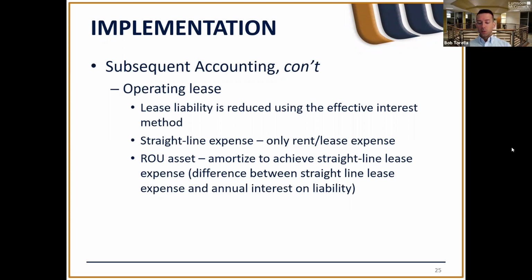So then your difference between the interest component recorded as the lease expense and your amortized straight line lease expense as calculated is really your amortization of your right of use asset then. This is essentially your difference to achieve that straight line lease expense. Now, I know that's kind of a complicated way to get there, but at the end of the day, your lease expense will essentially equal your cash payment or your monthly payment from that respective lease.